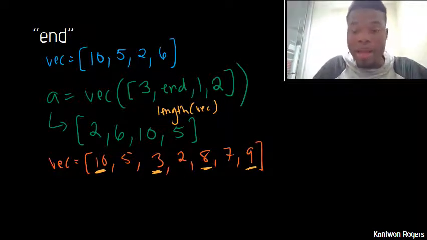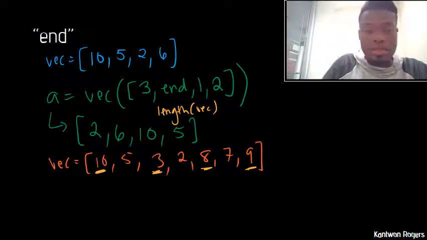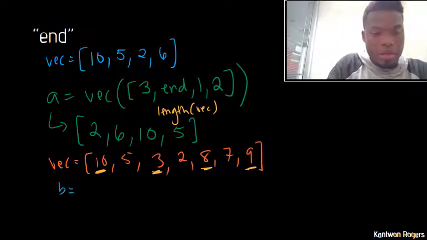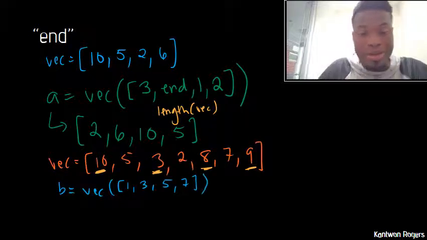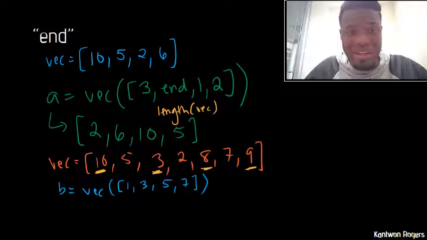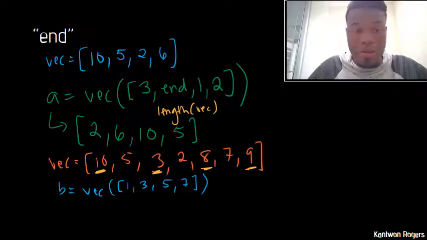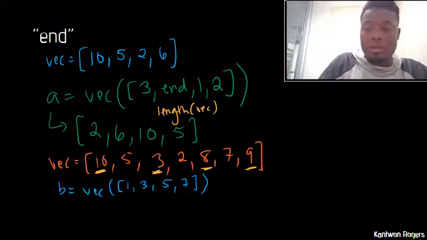So I could manually type in, so I could say something like B is vec of the first position, the third position, the fifth position, the seventh position, right? But let's say I had a vector of like 1,000 numbers, and I still wanted to do the same thing. Directly entering those numbers would be a pain, and this is when the colon operator helps. So instead of directly entering those values, I can use the colon operator